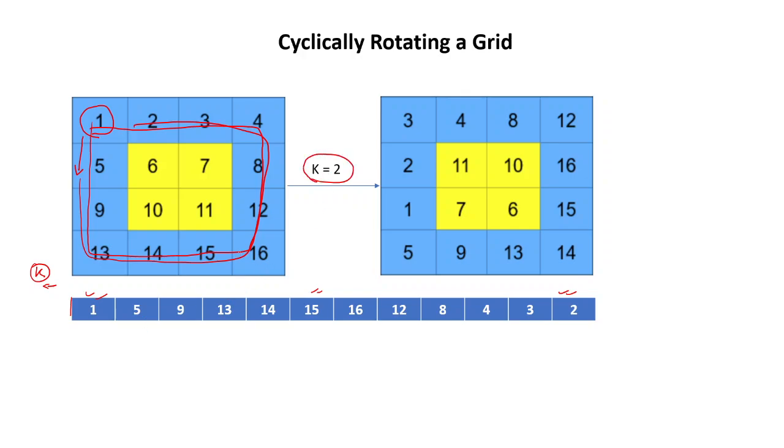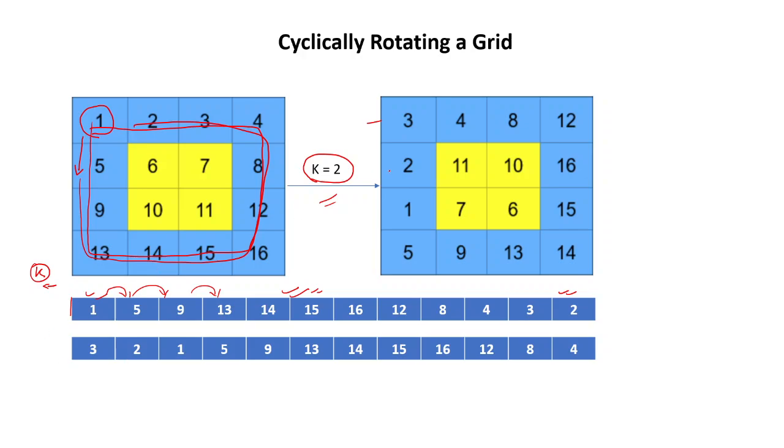If I rotate it in the counterclockwise direction, you can easily notice that this 1 will move to this 5, 5 will move here, and similarly this will be our next array that will be returned when we rotate this particular array by k equals 2 in the counterclockwise direction. This is the final result. If we also convert this particular layer into an array, we get this second array: 3, 2, 1, 5, 9. You can see that after rotation with k equals 2, this is our final array, which is formed by just shifting this array by 2 units in the right direction. So that is our basic concept.